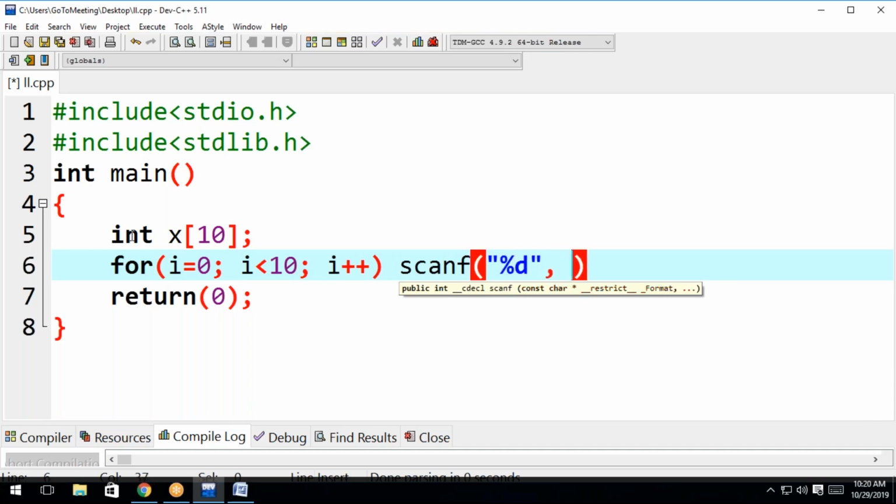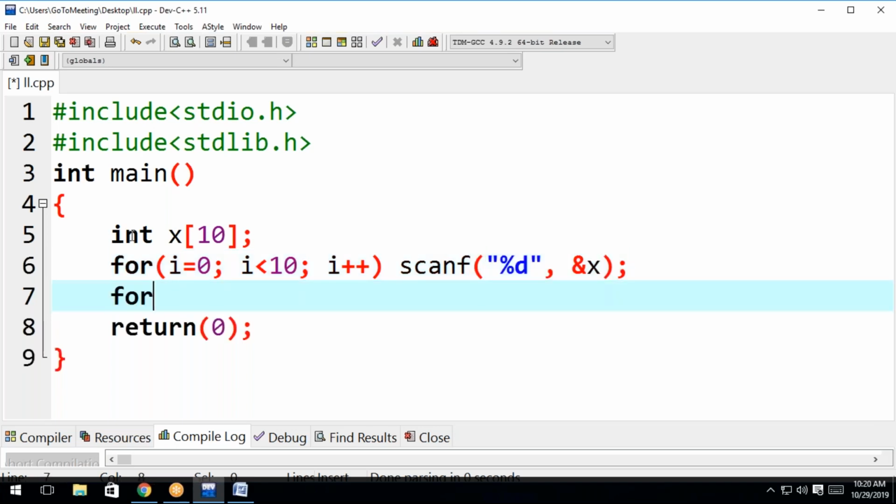I want to read each element of the array. Display all the elements of the array. For i equal to 0, i less than 10, i plus plus,